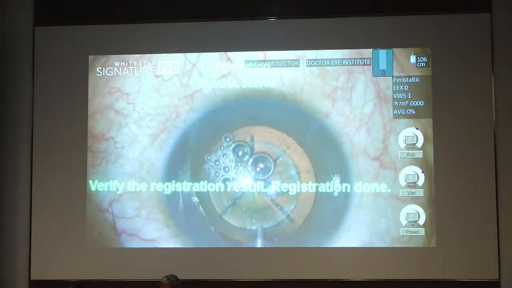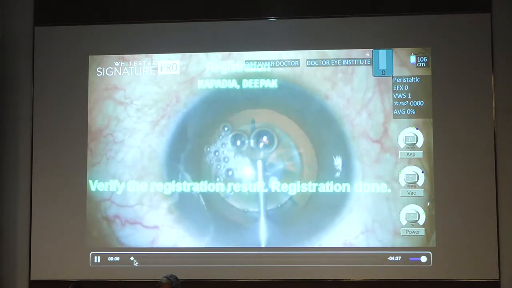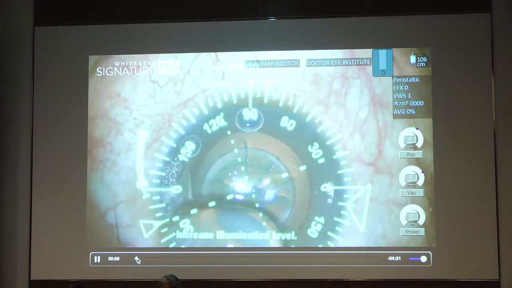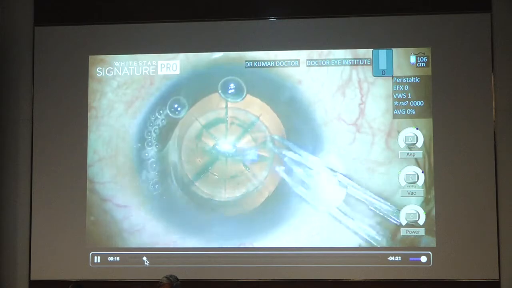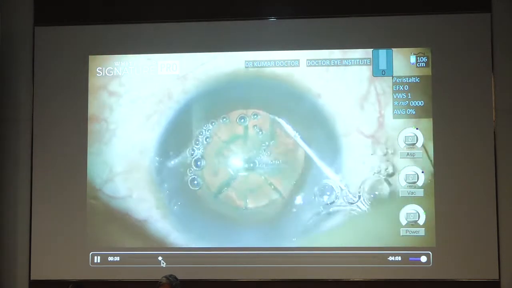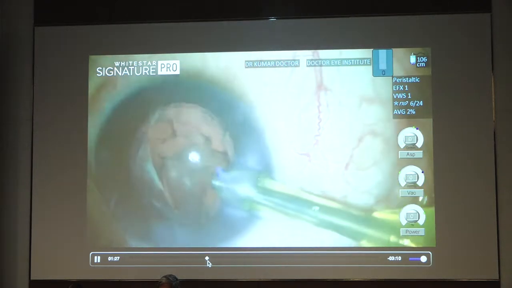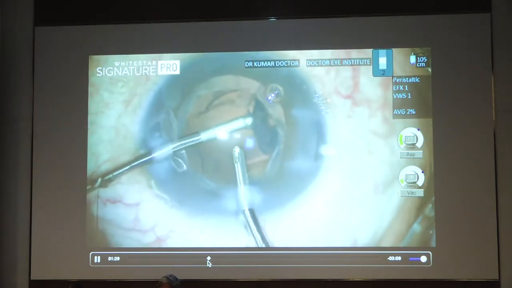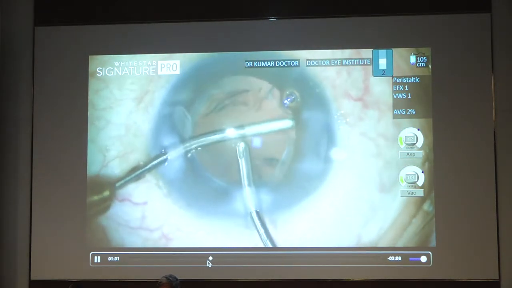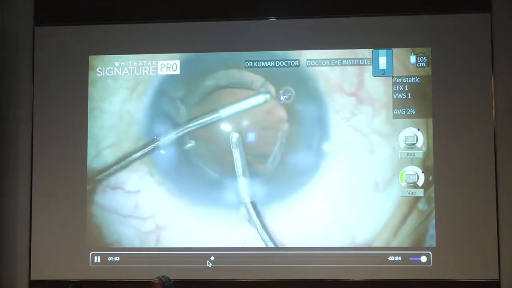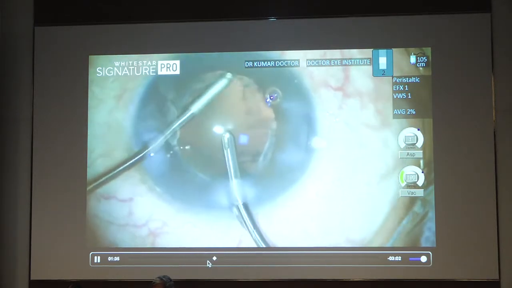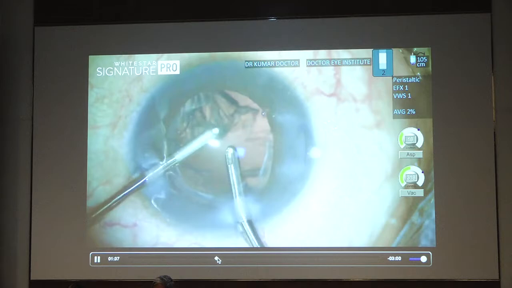I'm just showing a little bit of the surgery here. Very, very shallow anterior chamber. I had performed a Z8 femto, made the incisions with the laser itself, picked up the rhexis, and went ahead and did phacoemulsification. Very surprisingly in this case, in spite of clearing a 4.37 lens, I did not find so much space as far as the IOL was concerned.